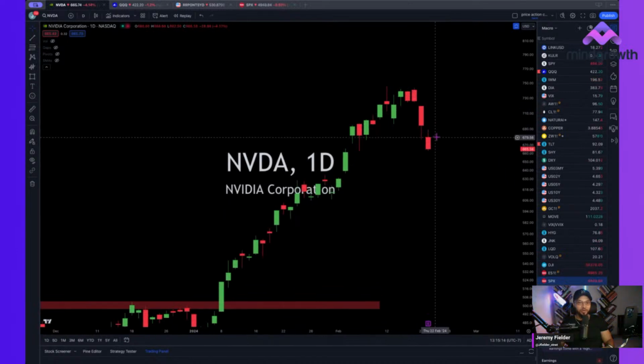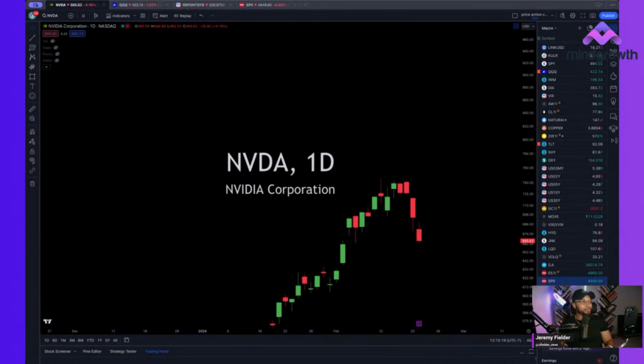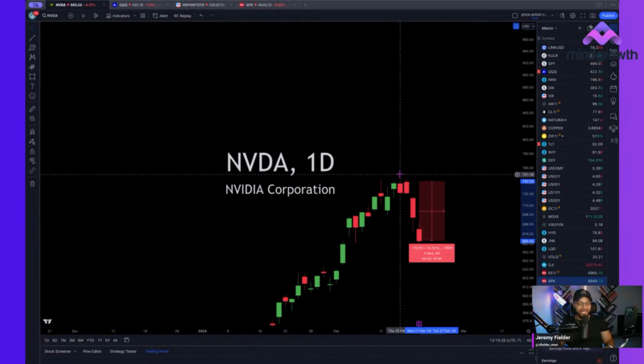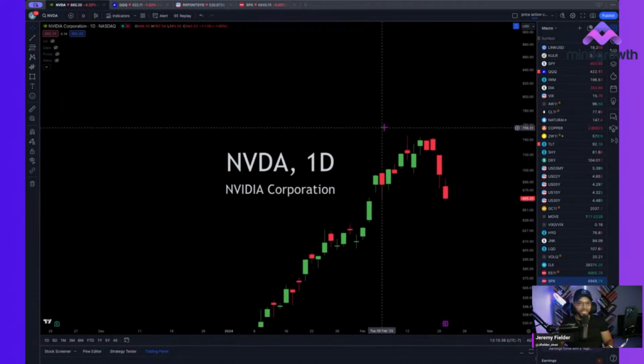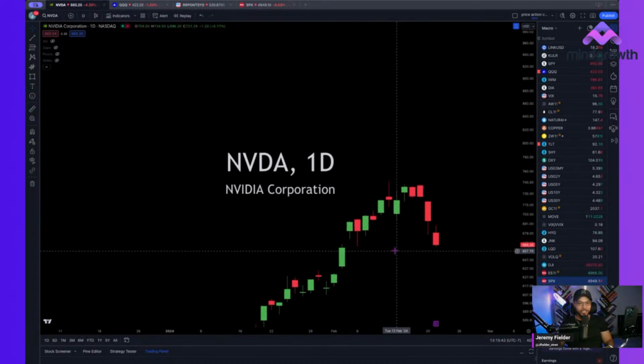But here's NVIDIA. It's already pulling back. Here's the other scenario: NVIDIA might have already corrected, right? Could it fall further? Yes. But typically, it's at a 10% correction at the moment. Typically, if you get a run up into the actual FOMC minutes, we already had that. A run up into earnings, I'm going to go with the probability that we sell off. Now it's already sold off into the report, which filled this gap down here,